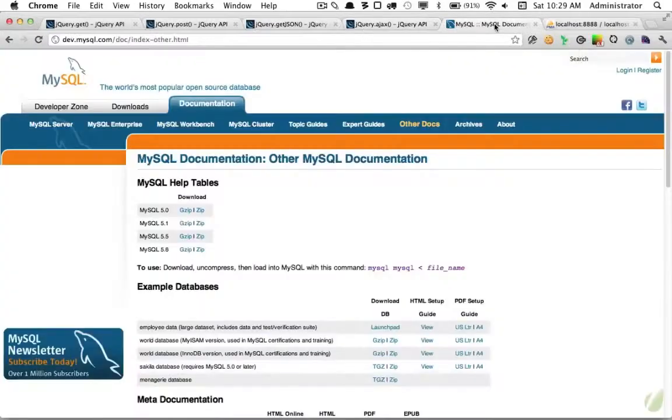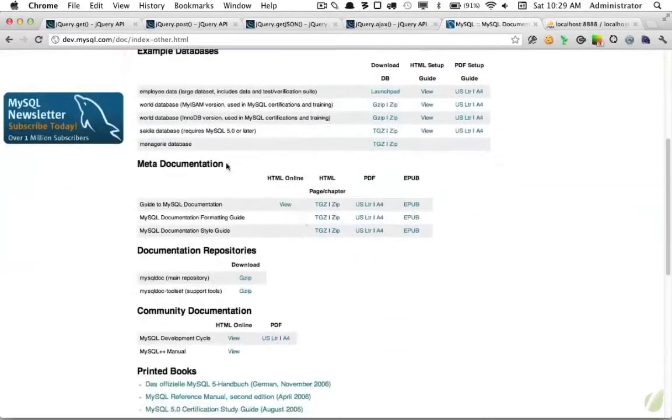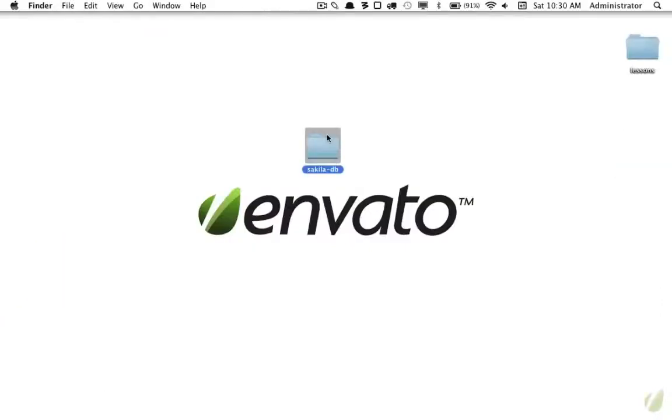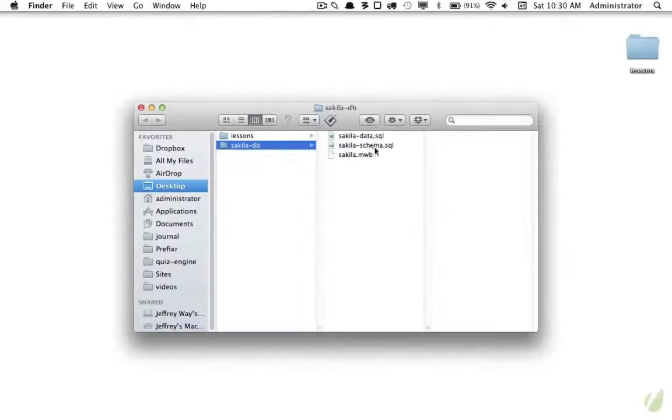So we're going to be working with a MySQL database, and the MySQL.com website provides lots of sample databases. In this case, we're going to take advantage of the Sakila database, at dev.mysql.com/doc/index-other. All right, so let's just download the zip file right there. That's going to download to my desktop. Here we go. I'll open that up, and what we want to do is import the schema and the data